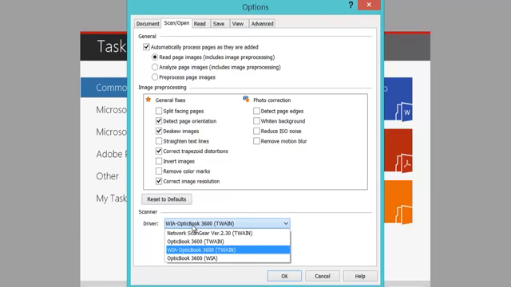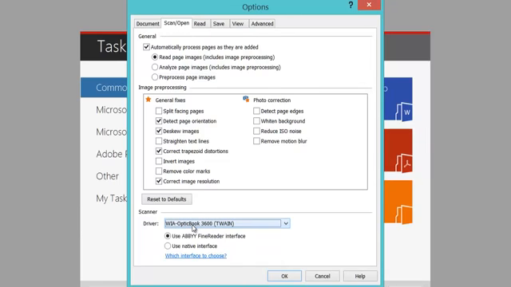Now have a look, because you might have a number of scanners already installed drivers, so make sure you're using the correct one and that it's plugged in, or you've connected it to your PC through the wireless. Now I'm going to leave it on what it currently is, Twain. Twain is the name of the scanner driver, and the meaning of that is